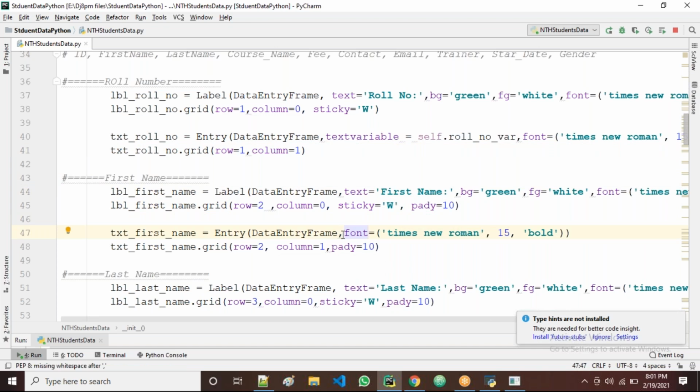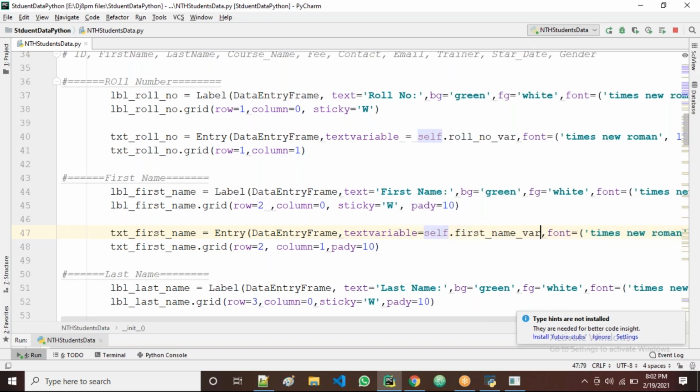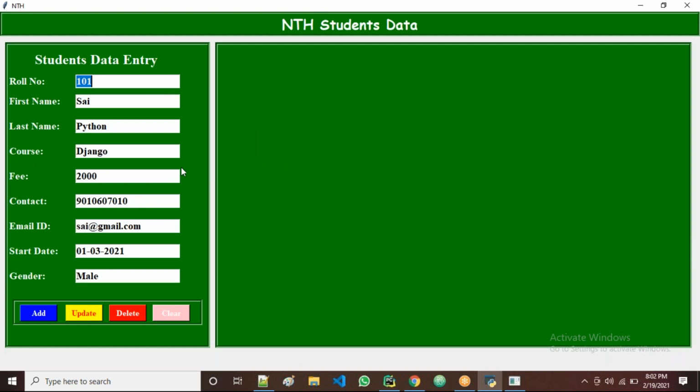Coming to the first name again, let's take text variable equal to self dot first name, the first name variable. That is assigned to the entry of first name, guys.